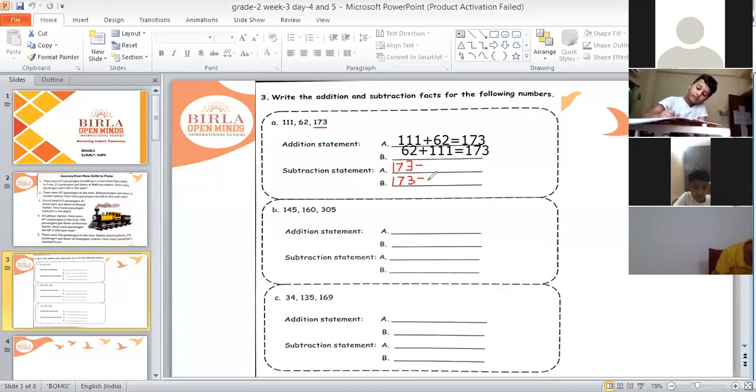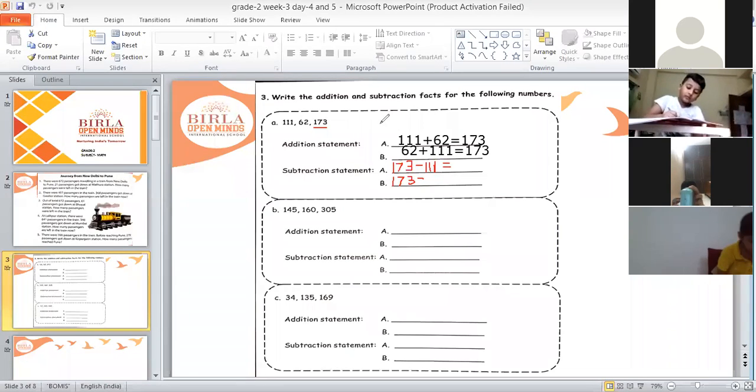Okay. Now after this, what we have to do? We will write these two numbers now. Okay, we can write here 111 first, or we can write here 62 first. It's our choice. So Pratik, please pay attention. So suppose we are writing 111 now. So if you are writing 111 after minus sign, children, see here. If you are writing 111 after minus sign, what you will do? You will put here equal to sign.